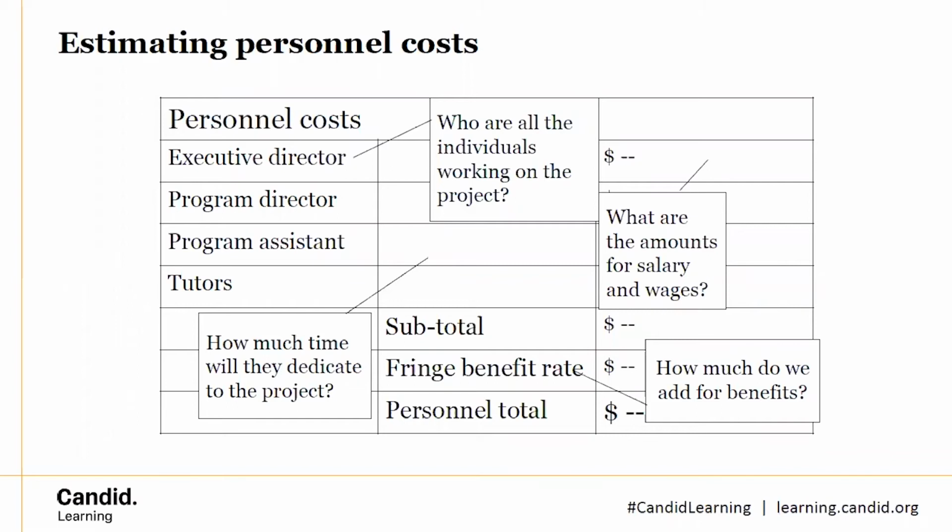you can do that on that level, unless you have different levels of employees who have very, very different fringe benefits, then you would probably need to look at your specific people. But there are a couple of different ways to do that. And that is one that, again, the finance person at your organization, accounting type folks can help figure out if you have detailed questions about that. So the salaries, your fringe benefit rate, you have that number so that you can figure out the percentage of things that are included there. And you add those up to have the personnel total for this budget.